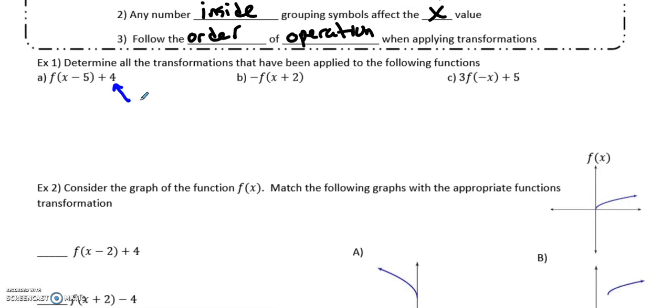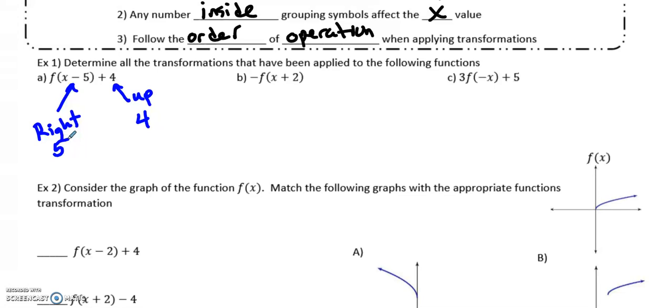That is a vertical shift up 4, because it's outside, it moves me up or down. You can say vertical shift, or you can just tell me this graph has been moved up 4. We know that inside moves me left or right, but it's opposite. So I'm going to say this looks like it would be left 5, but since I'm doing opposite, it's going right 5. So I take whatever my initial graph, or my initial function, was, I move the whole thing right